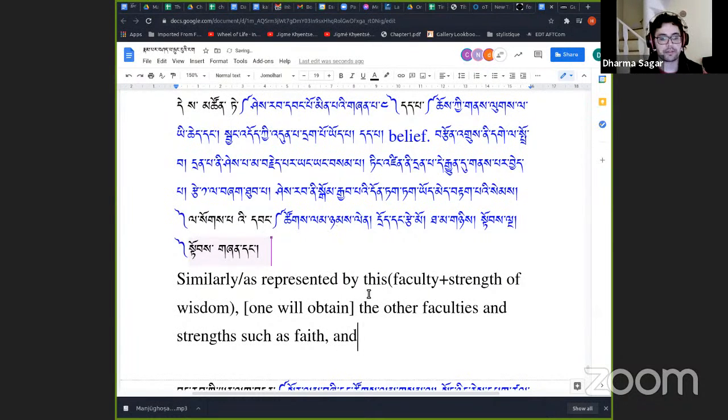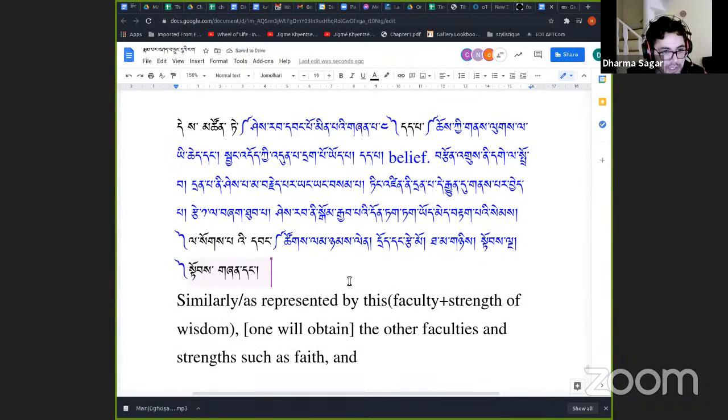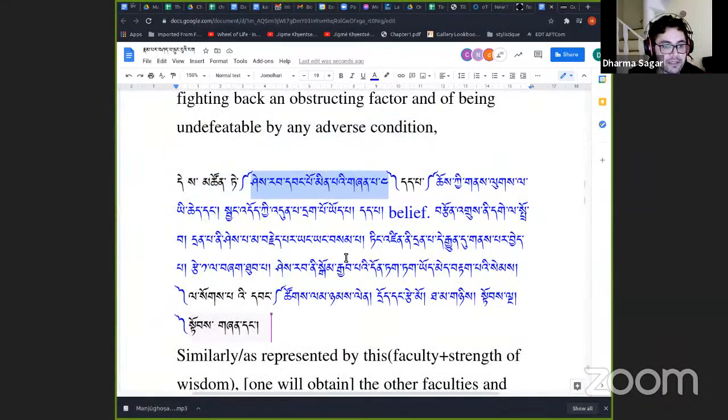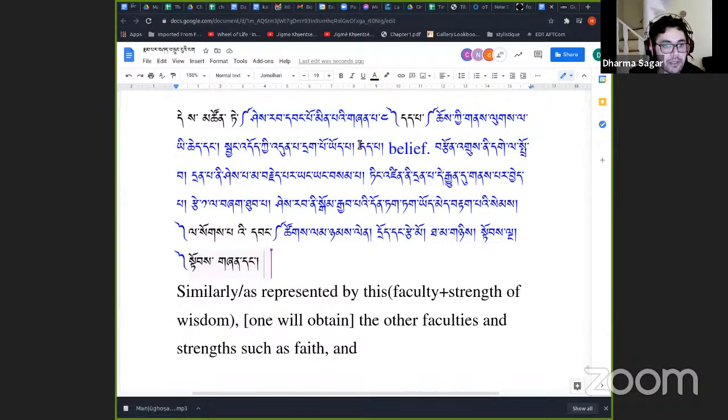and so, okay. So Kimbo was explaining that here, when we say as represented by this, this shows that we are now moving to the 4 other faculties out of the 5. And 4 faculties and the 4 strengths later on. And so here is faith in the context of these 5